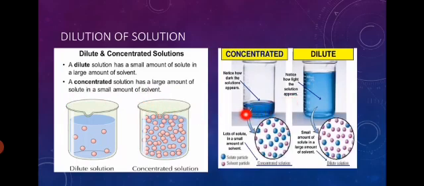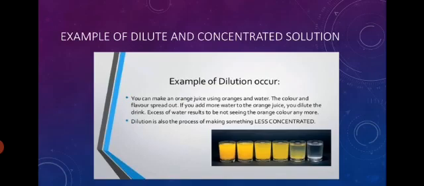You can easily observe the dilute and concentrated solution: if their solute is colored, then their solution is colored. If they are not colored, then they are colorless. If they are colored, you can easily notice which has less solute and which has more solute. If there is a white color, you can also see whether this is a milky solution or a less milky solution. In dilute, this is a less milky solution. In concentrated, this is a more milky solution. So this is the dilute and concentrated solution.